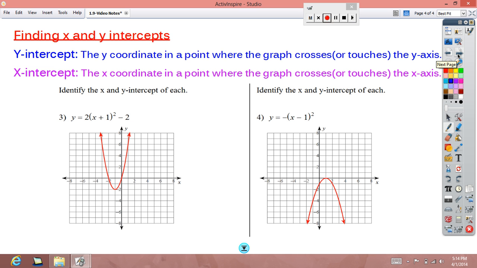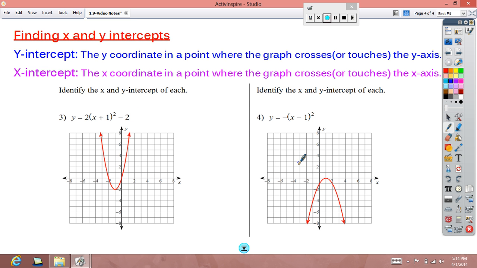Finding x and y intercepts. I'm pretty sure you looked at these two concepts in Algebra 2, but just a refresher here. The y-intercept, and we've looked at this in y equals mx plus b, is the y-coordinate in a point where the graph crosses or touches the y-axis, and the x-intercept is the x-coordinate in a point where the graph crosses or touches the x-axis. So looking at my graphs down here,